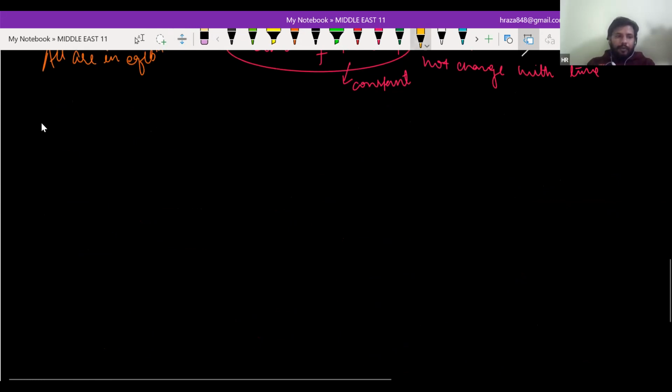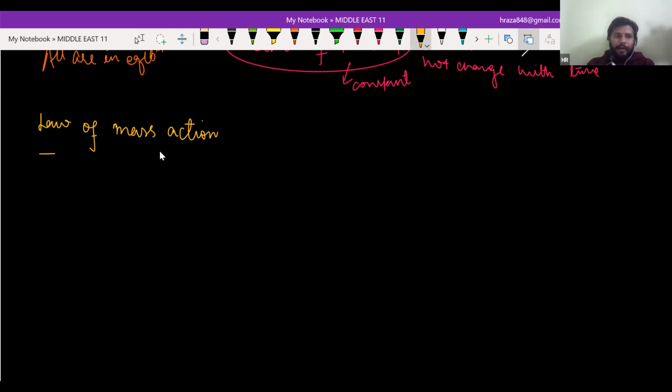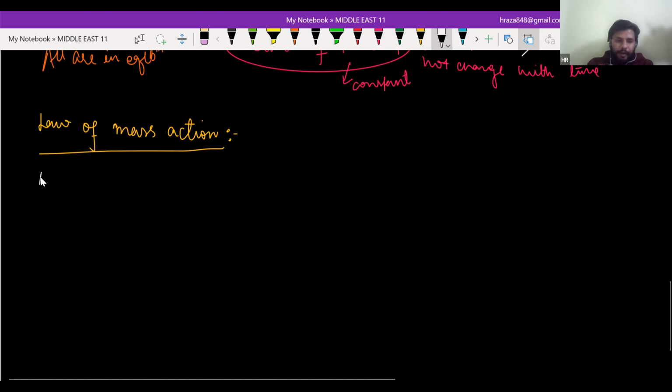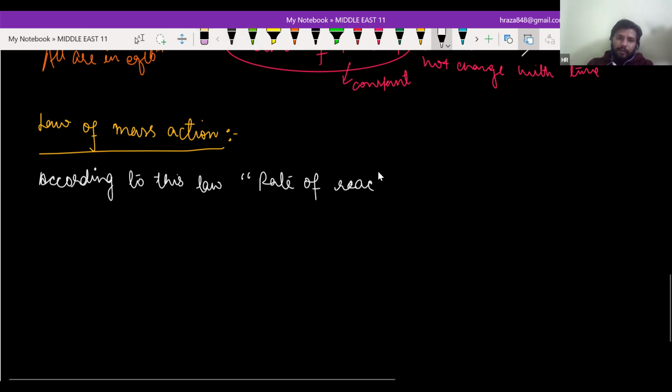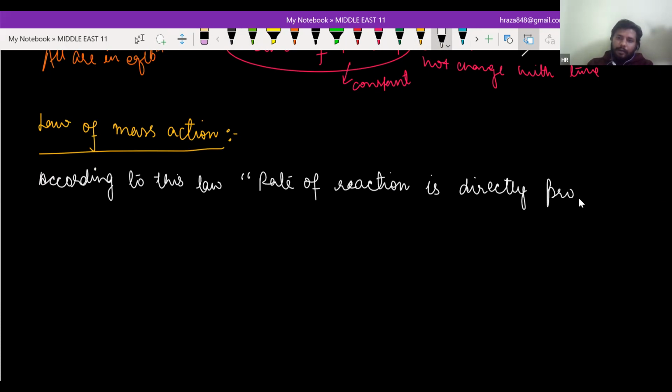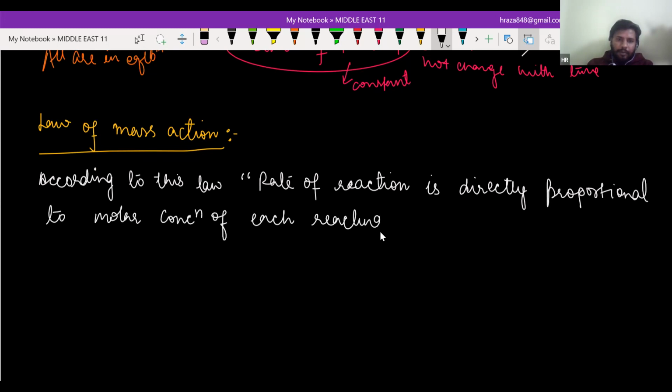Thank you. So going for law of mass action. First write it with me and then I will explain and you will see. According to this law, the rate of reaction is directly proportional to the molar concentration of each reacting species,